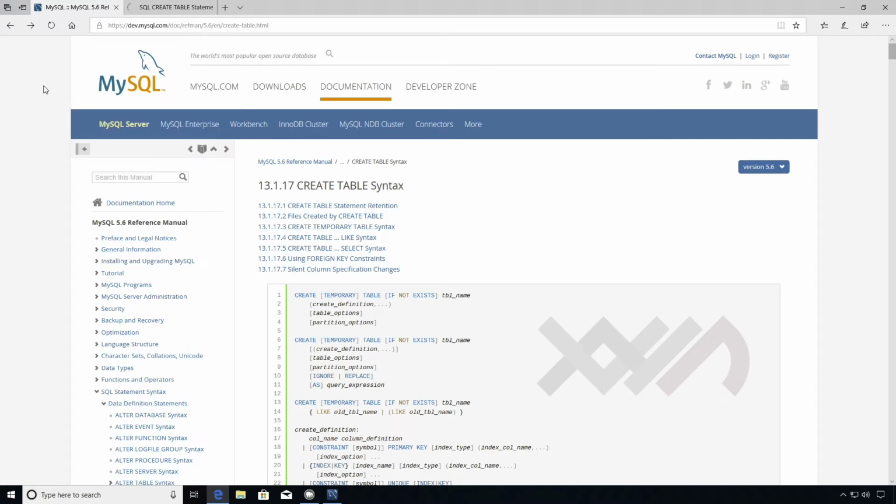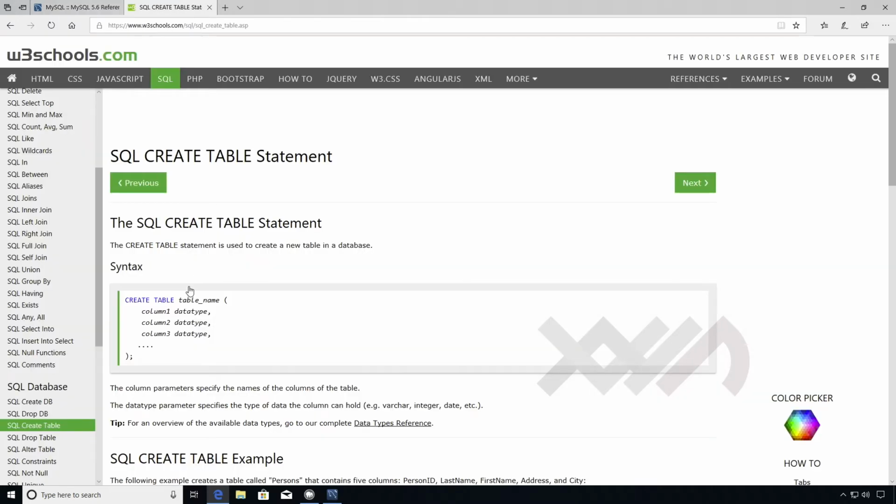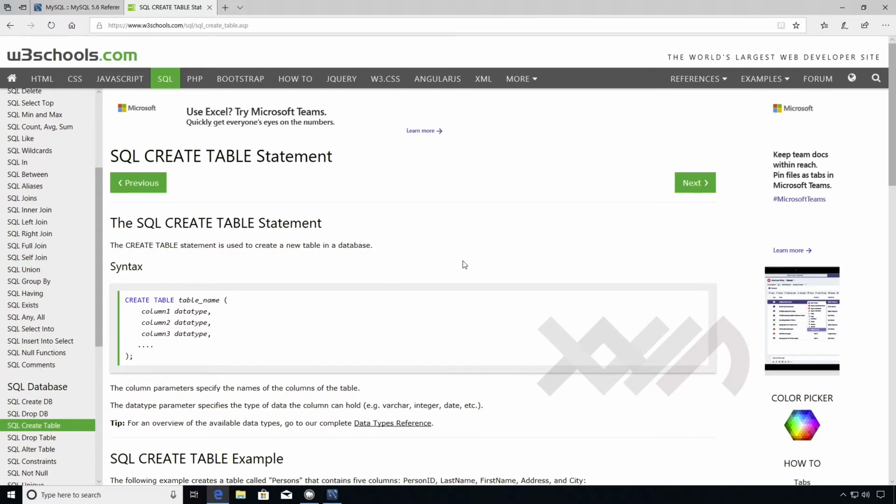And if you don't like that, there are other references out there. One of which is W3 Schools. Now some people don't like it, some people like it, but I'm not here to like or dislike this reference. I'm just here for the information that's available. If it's good, I'll use it. If it's not, I'll go find something else. So I don't need to complicate my life. All right,